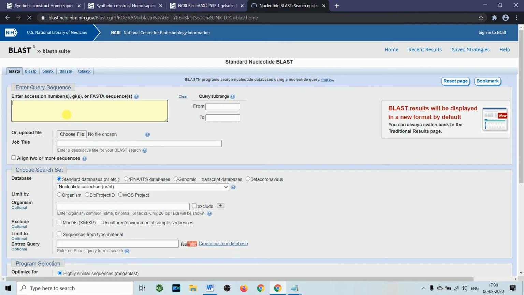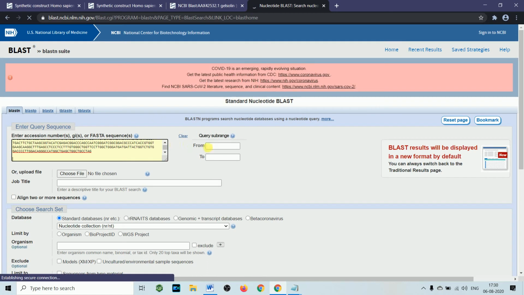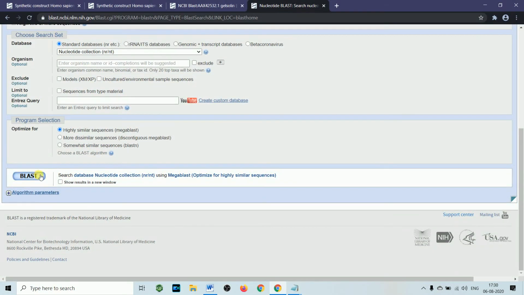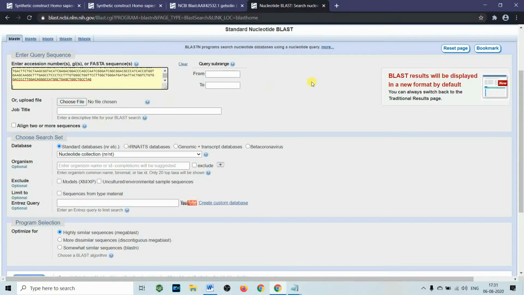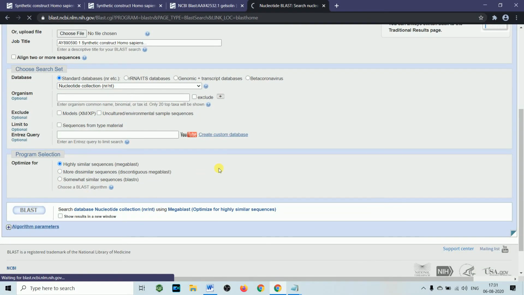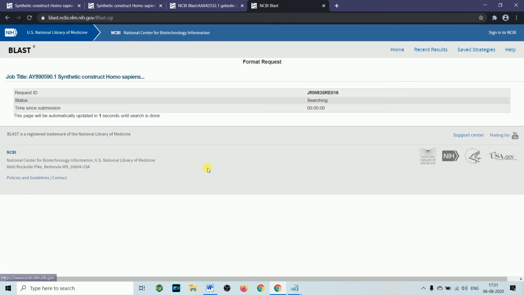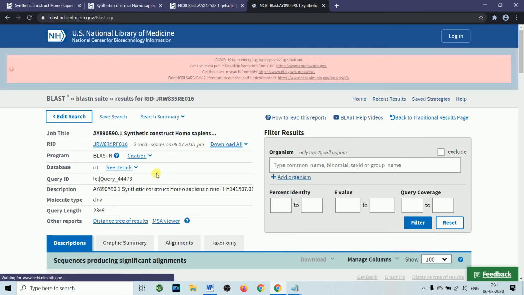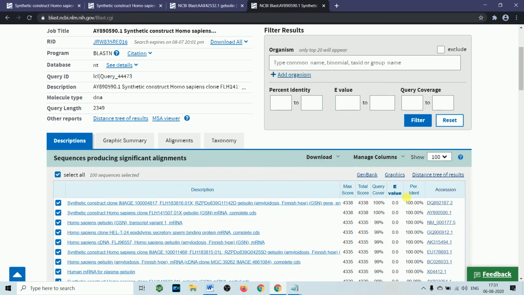So we'll paste here, and rest of the things we'll leave as such. Choose file. You can do various changes, otherwise it is not required. This might take some time because it is a big gene, but we are lucky again, we didn't have to wait that much.